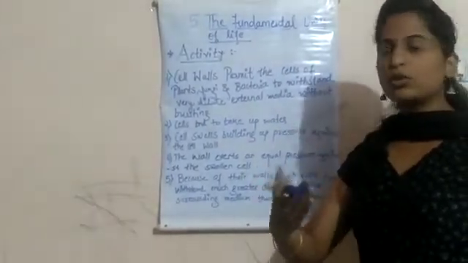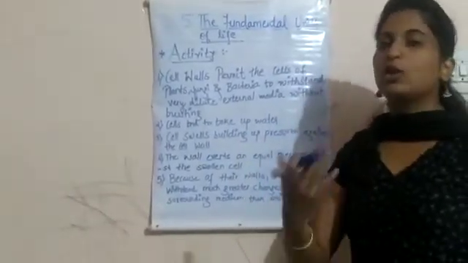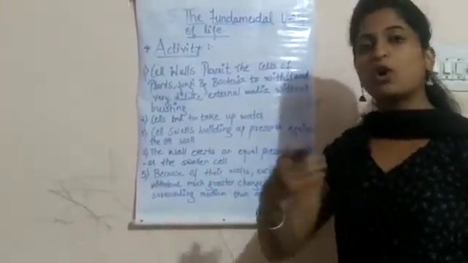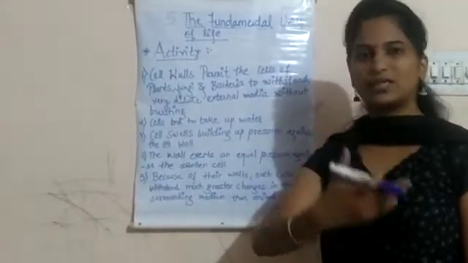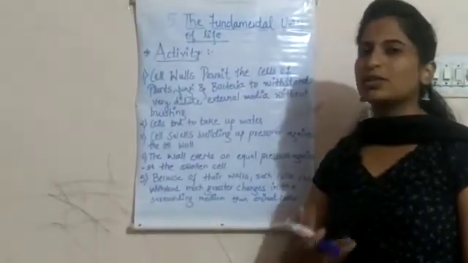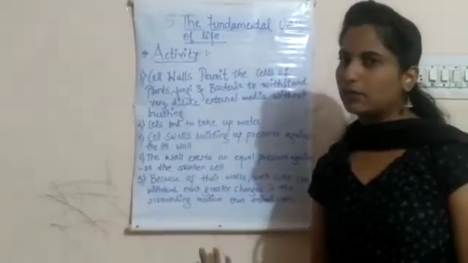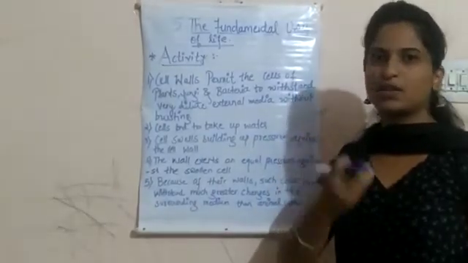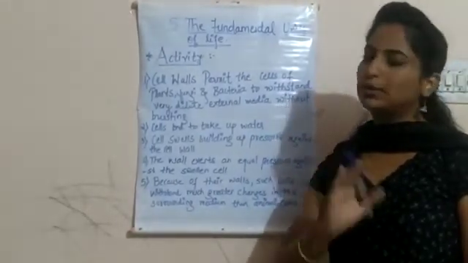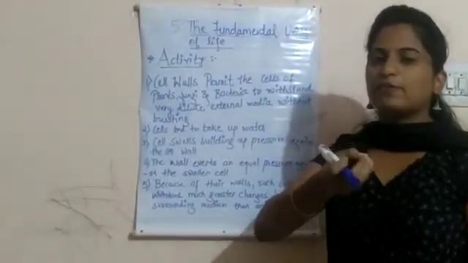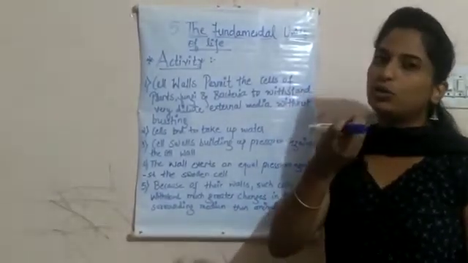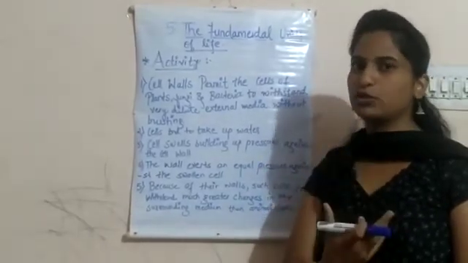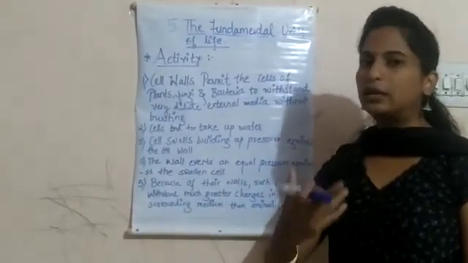You can also observe this in your day-to-day life. You have day-to-day activities at your home, your mother is cooking inside the home, so she also follows such kind of process. Like we have seen the example of apricot. So this is one of the activities. Such kind of activities, try to find out in your home and try to give me examples regarding this. If you are not able to do, that's fine, but just have some struggle and try to make some efforts and get some common examples of osmosis and diffusion at your home so that you can learn easily.